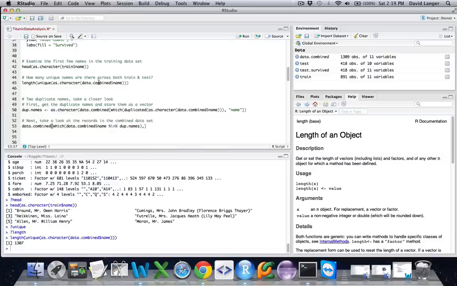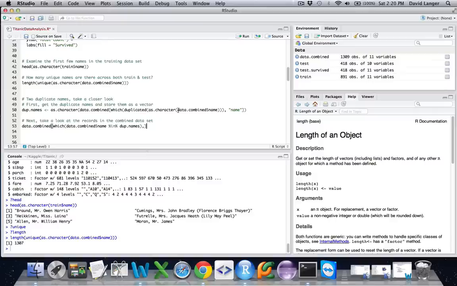So now I've got some duplicate names. I need to determine whether or not that's legitimate. For example, John Smith is a common name. Maybe there's more than one John Smith. Or do I have some bad data in the data set, which I would need to know, because if I've got duplicate records, I would need to either take the duplicate records out or deal with them in some other way. But it's nice to know what my situation is.